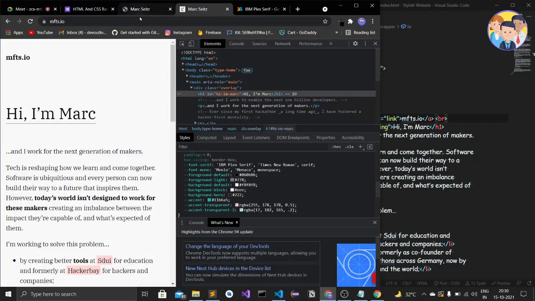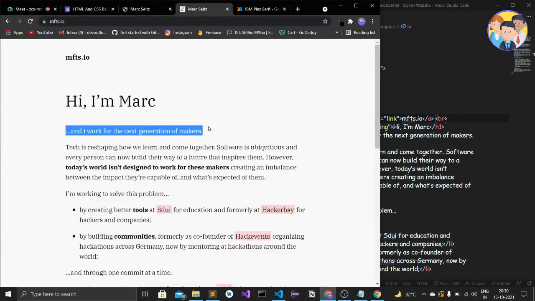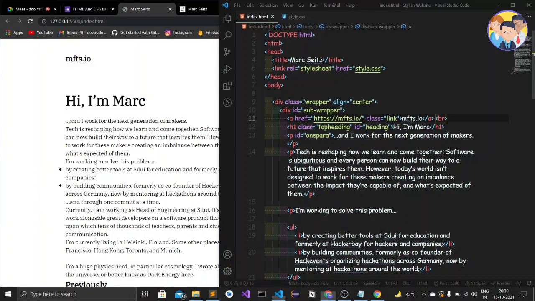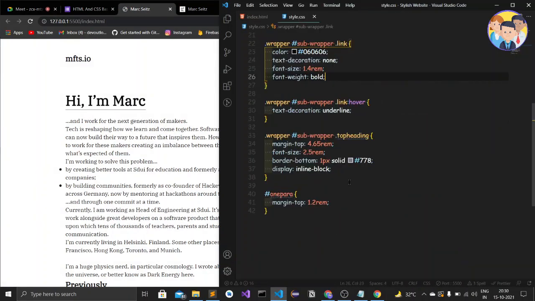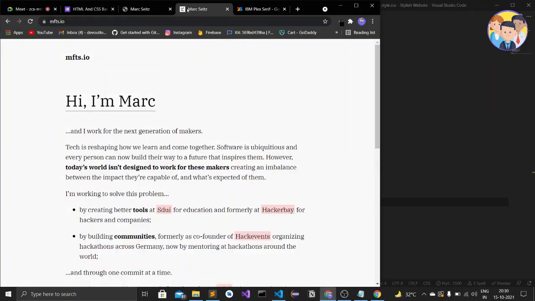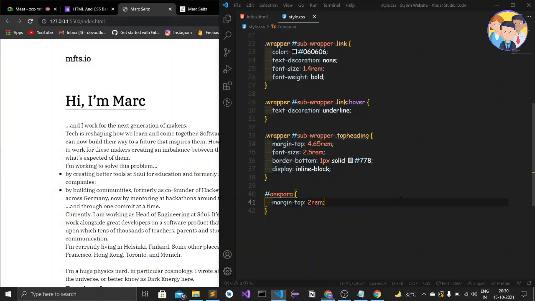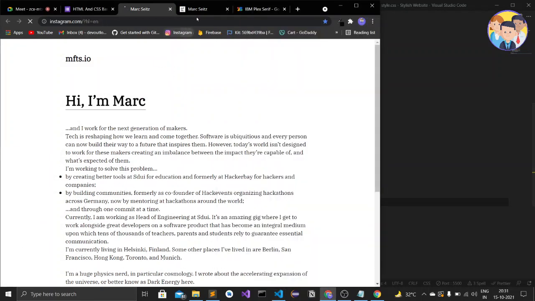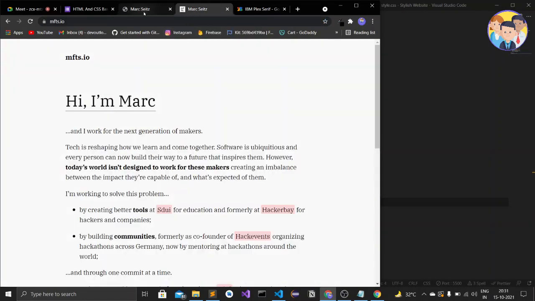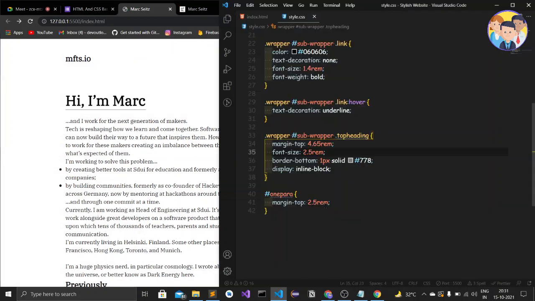And here, let me cut this out. Here I'll give more space, more margin. Let's give 2. Sorry for that disturbance. 2.5. It's not looking good.